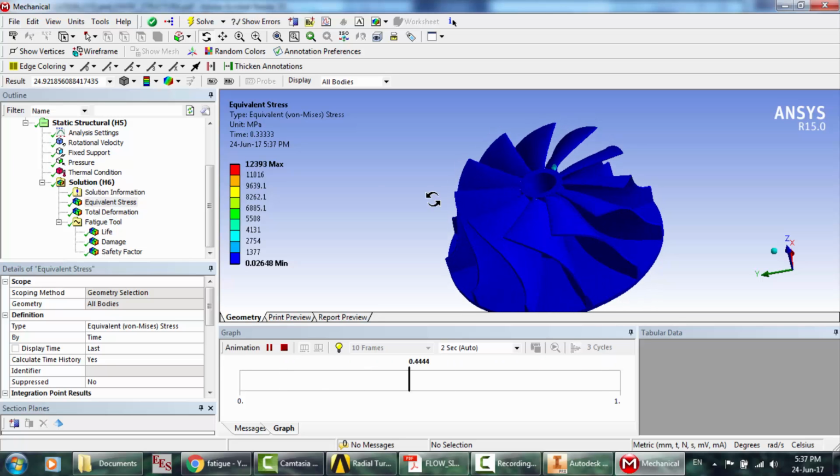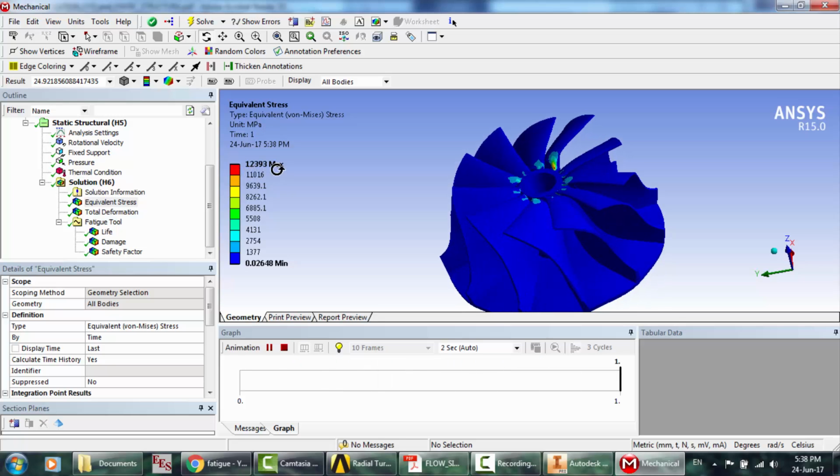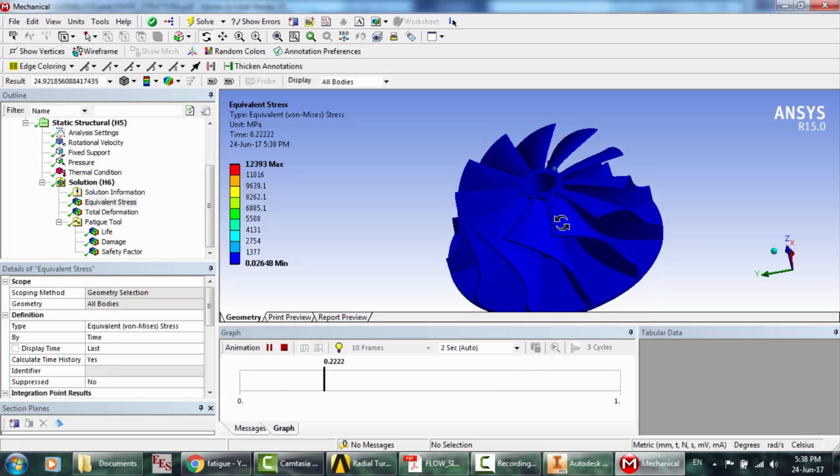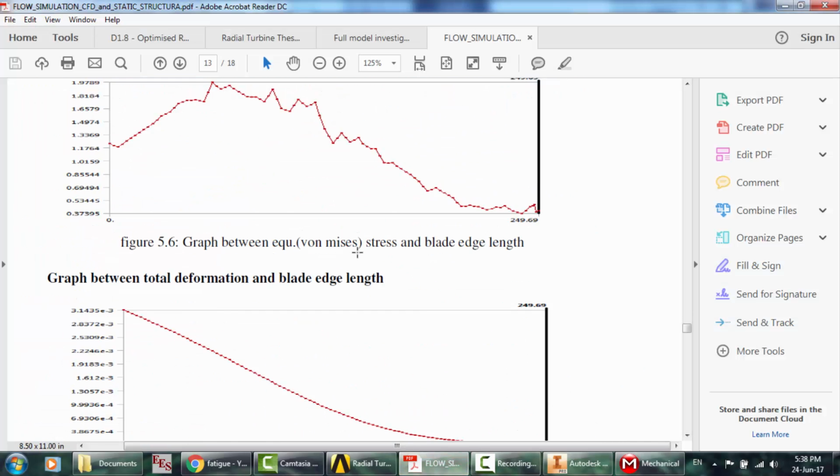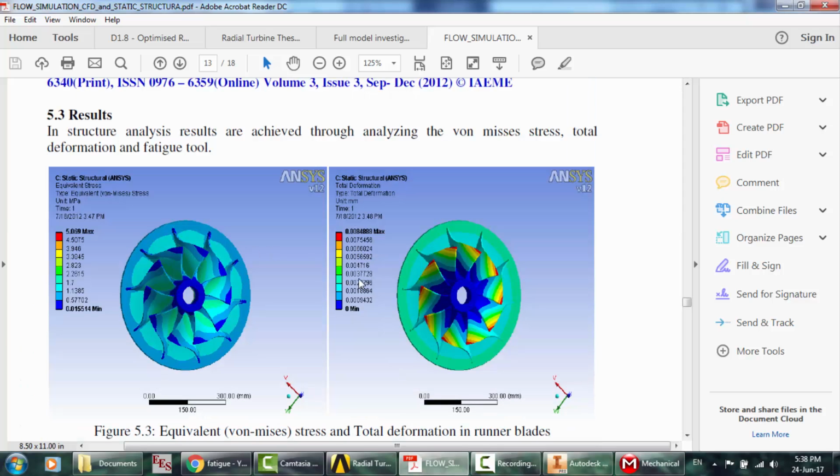Okay, so this is the maximum. It's very high, actually. It's very high. Okay, also the total deformation. So the deformation also is 0.01 millimeters. Like I said, the deformation is 0.007, 0.009 or 8 as maximum